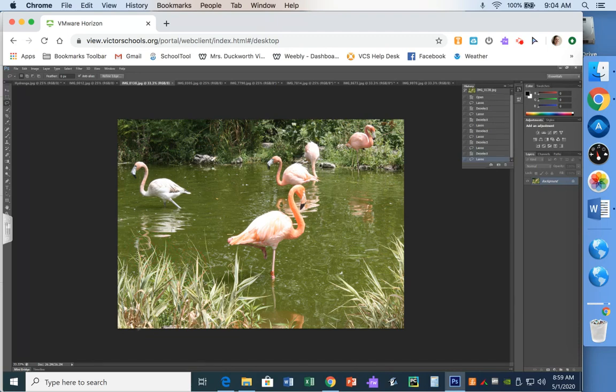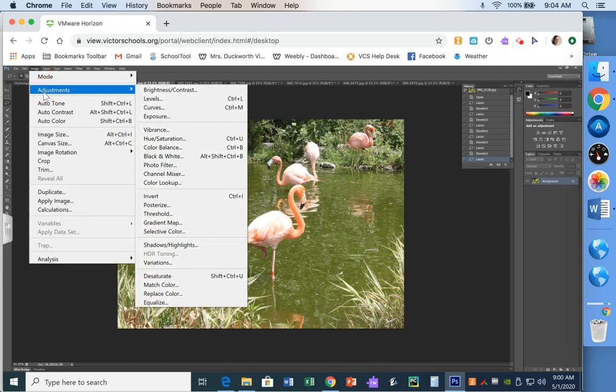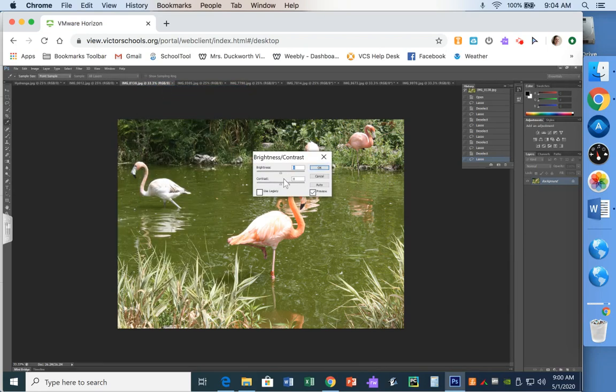And now you can see down in my lower left corner, I have my dancing ants happening. And now it's up to you what you guys want to do to edit. I would just suggest trying something out. So I might go up into Image, Adjustments, and I might choose one of these adjustments. Let's start with brightness and contrast, just because it's there. In my window, maybe I'm going to drag that brightness up and drag that contrast really high